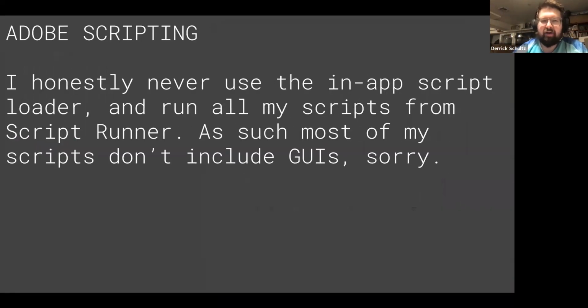Because of that, there are some ways to do GUIs and other things within these scripts. I tend to skip that stuff and just stick them in variables. I'll show you an example of this when we get to the demos. You can get really fancy with creating really nice GUIs for these tools, and some people do. I tend to skip that and just go straight to, here's a variable, edit the variable in this code, and then run it from here.